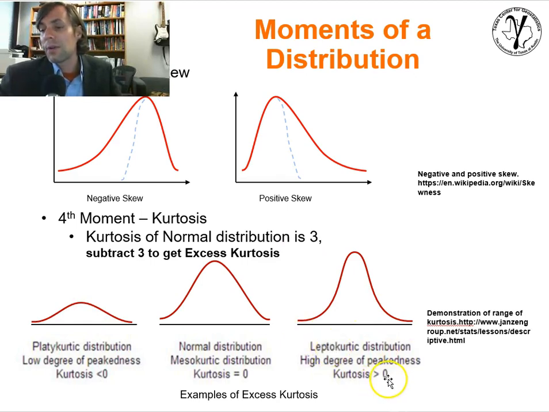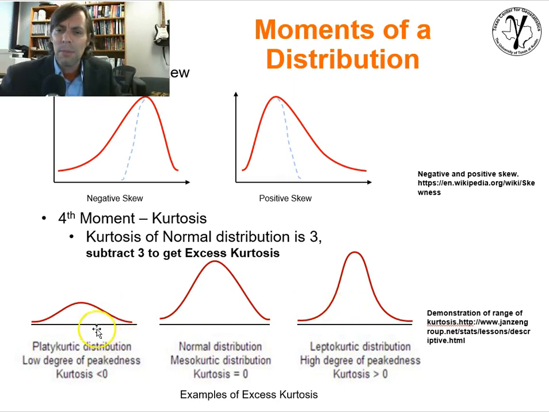Leptokurtic is if you have excess kurtosis greater than 0, and so that would be very peaked. The tails are thin, and most of your mass is located more in the center. This is valuable. It's telling you about the overall shape, and also if you imagine these distributions are representing uncertainty,